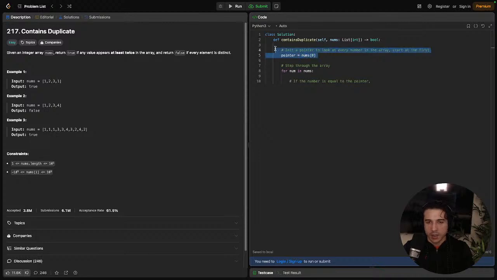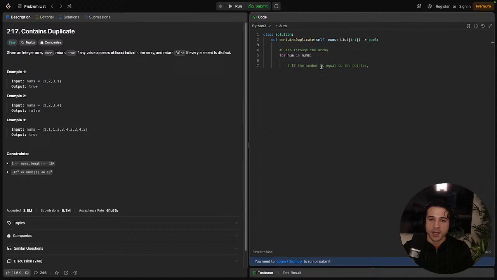Or no, we don't need a pointer. So just step through the array, right? For num in nums, if we've seen this number before, return true. For num in nums, if num in seen list,